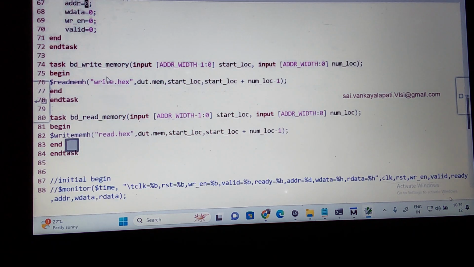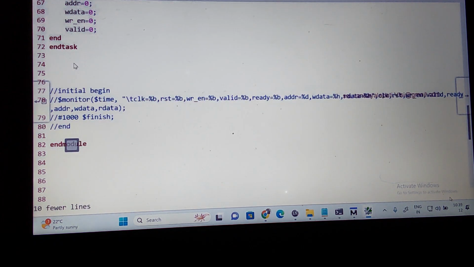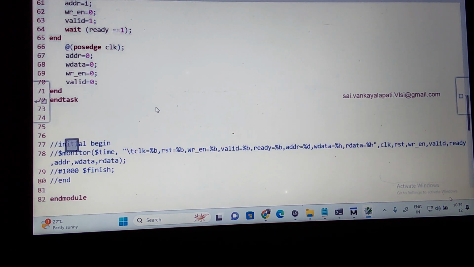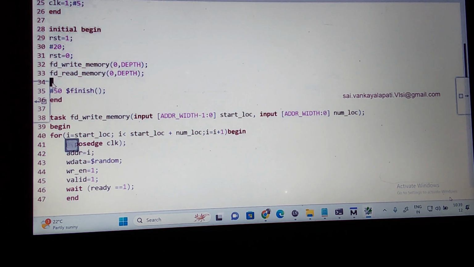Okay, for the moment let us remove this. This is the program we are writing for back door read and back door write. I'll remove this. First we understand what we did in the last session. This is what we did: front door read and front door write. Any test cases I'm writing here? No. This is what I'm calling, the function. Now if I run this program, I'll be getting output based upon the number of write data and read data. Suppose I call the same one again, what will happen? Let us copy this here.